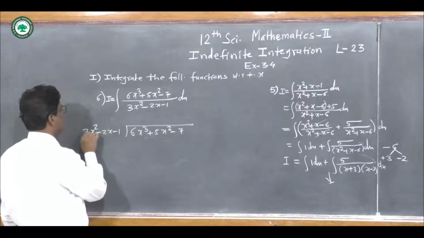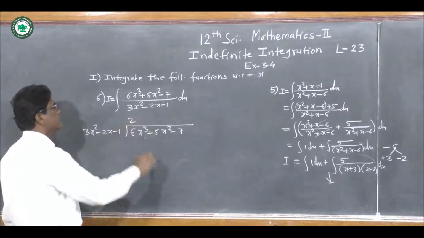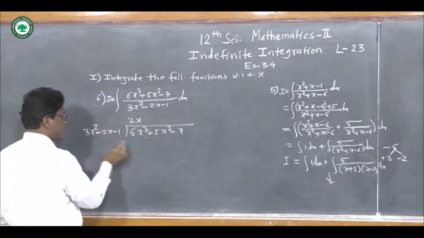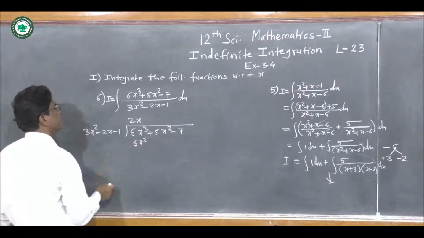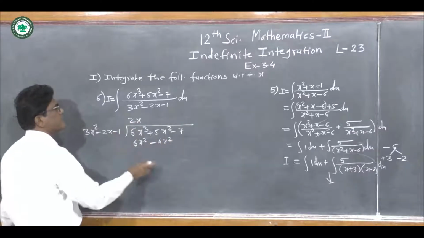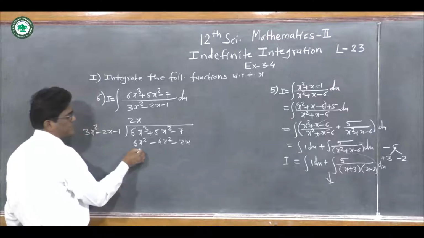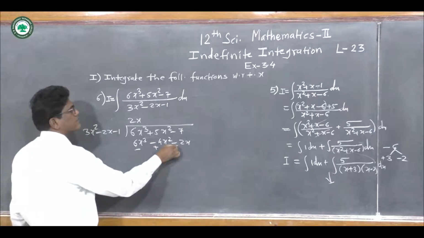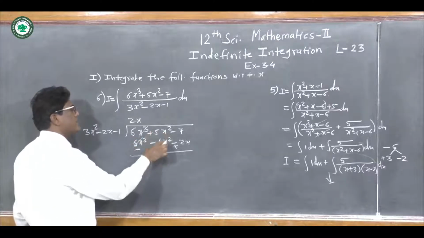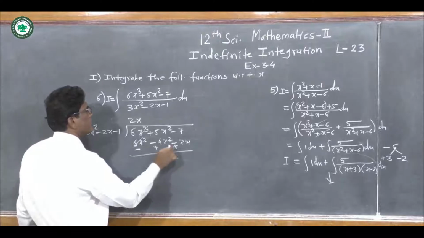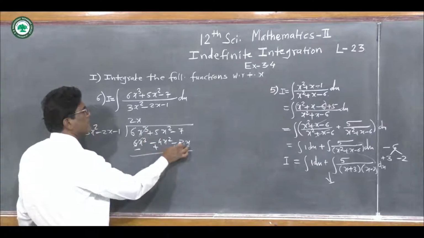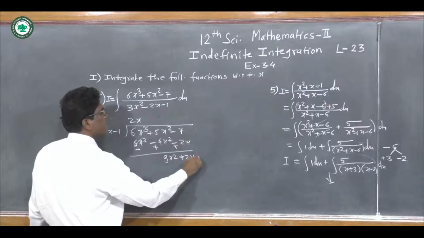Now here we take 3 into 2, 3 twos are 6, so take 2 here, and with x square, take x. So 2x into 3x square is 6x cube, and 2x into minus 2x is minus 4x square. 2x into minus 1 is minus 2x. Now subtract this, so the 6x cube gets cancelled. 5x square and plus 4x square, 5 plus 4, is 9x square. Now this plus 2x and then this minus 7.